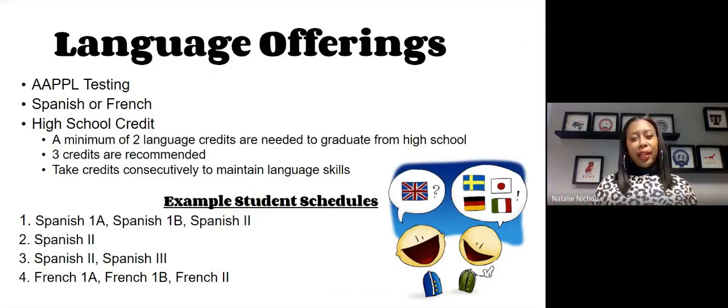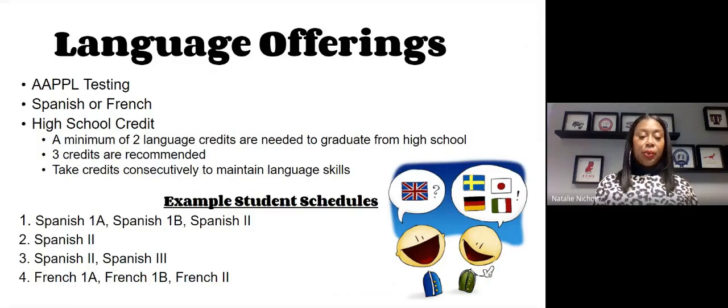But even though that's all you may need to graduate high school, it doesn't mean that it's all you need to go to college. Most colleges will ask for 3 years of a language. So just something that you need to know as you're planning out when and where to take a language, what it looks like, how many years to take, and why you would take that many years.